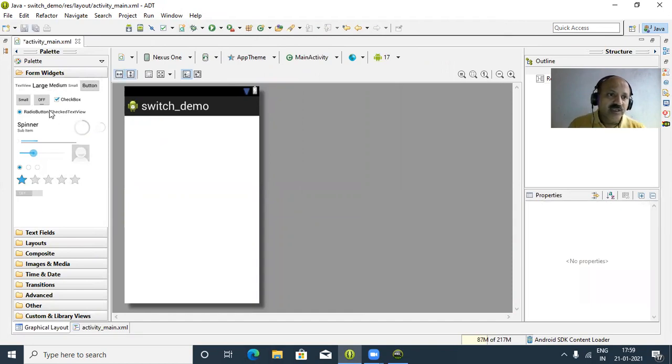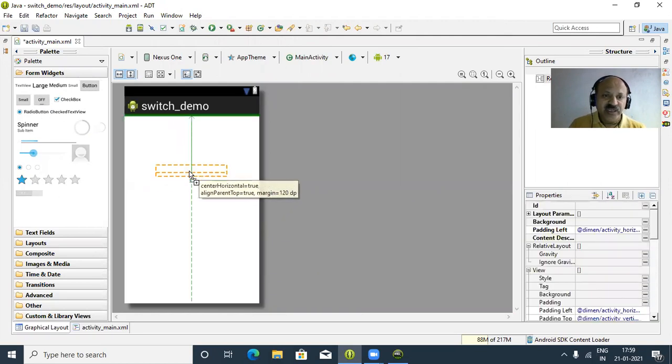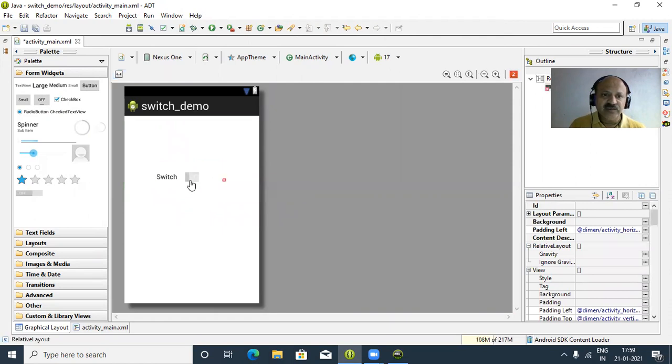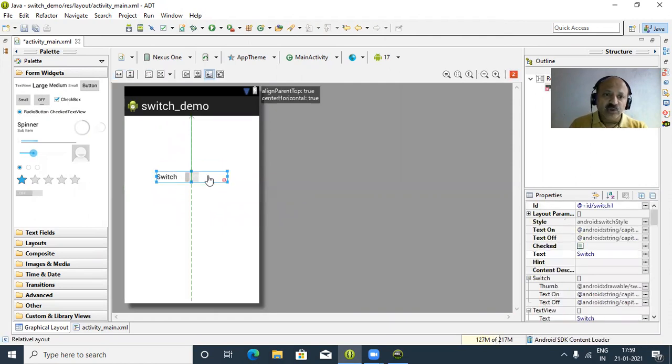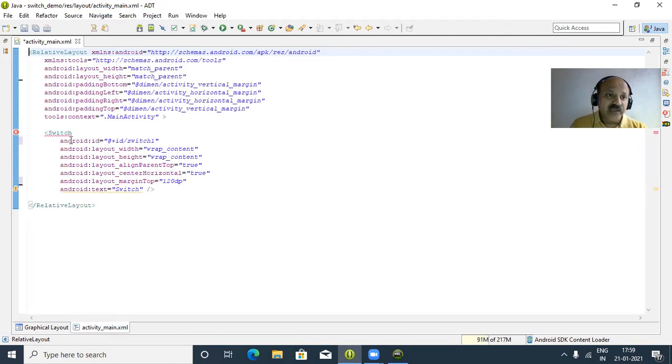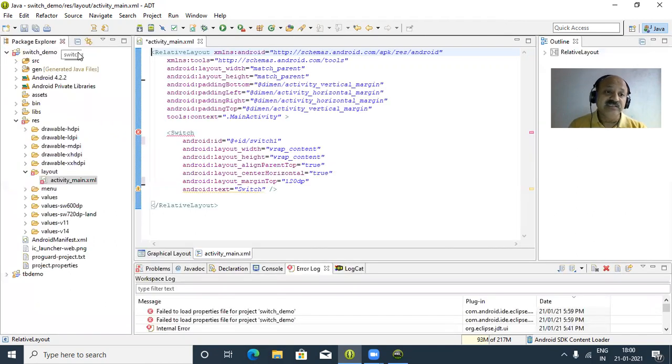Now you can look, there is a toggle button showing the state on and off, so that is a switch. We can take a switch with on and off states, but here you can see an error appears. So what is the solution? We can go to our XML file and look here, where it gives the error. The view requires API level 14, and here the current level is 8.